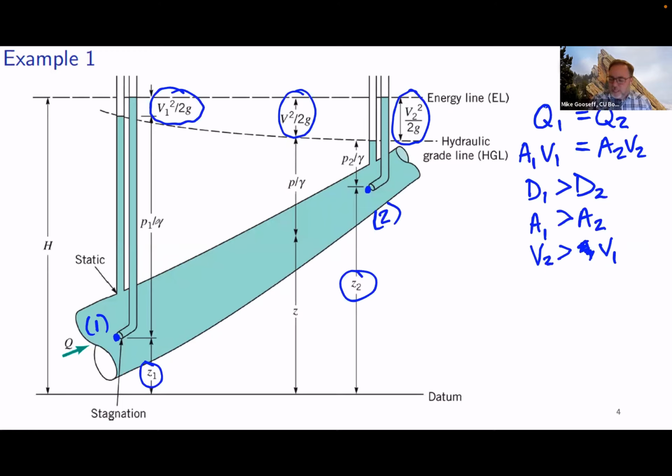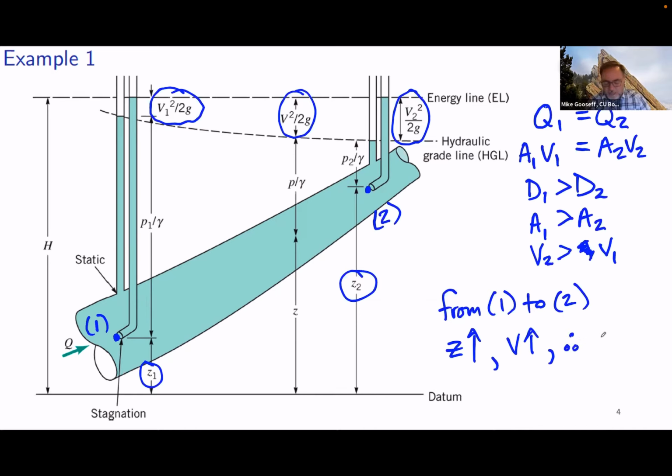And so what we see is that our hydraulic head for starters is this dashed line. The hydraulic grade line is the dashed line dropping down, and it's responding to changes in the velocity head, right? And so just to summarize this, from 1 to 2, we are getting a fixed increase in Z, which is given. We surmise that V has to increase, the velocity has to increase because of the change in the diameter of the pipe, and therefore